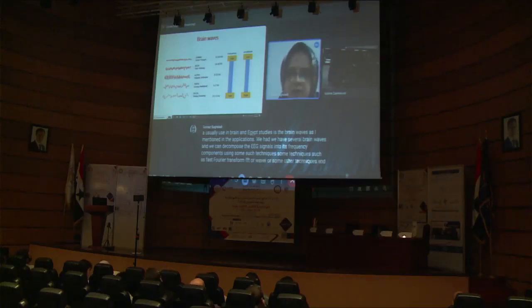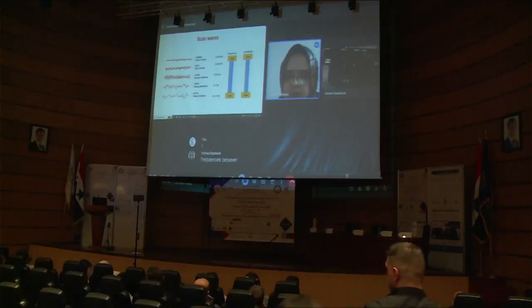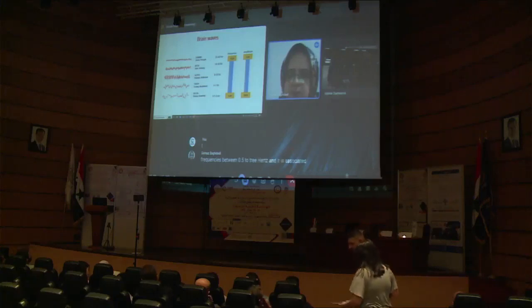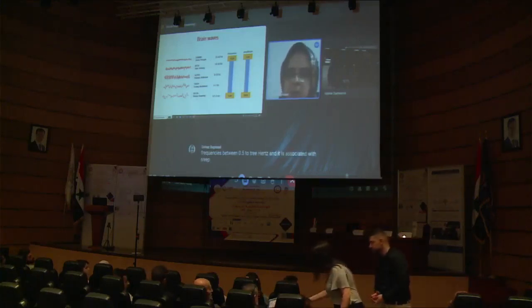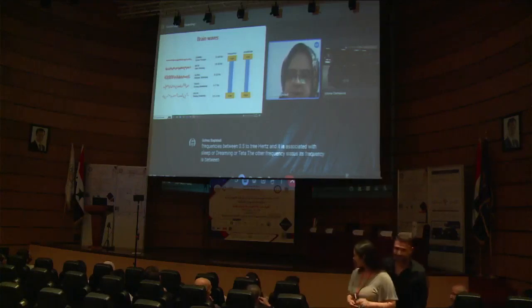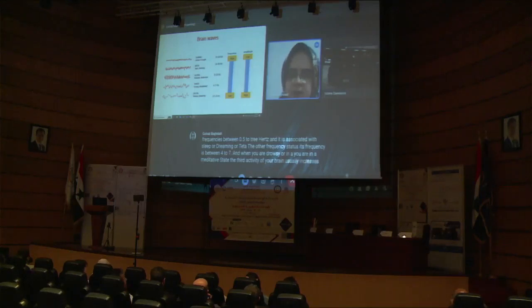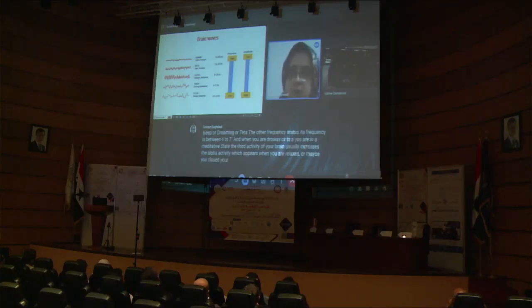Using such techniques, we can decompose the EEG signals into five brain bands or brain waves. Delta band, whose frequency is between 0.5 to 3 hertz, is associated with sleep or dreaming. The other band is theta. Its frequency is between 4 to 7 hertz, and when you are drowsy or in a meditative state, the theta activity of your brain usually increases. The alpha activity appears when you are relaxed or maybe you closed your eyes but you are conscious and you are not